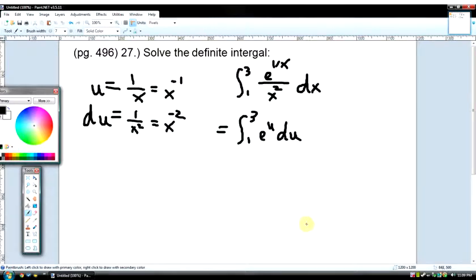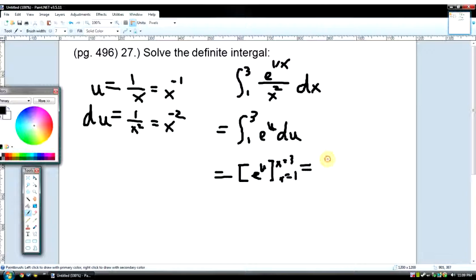We know that the antiderivative. Now we can use our FTC easily, knowing that the antiderivative of e to anything is basically e. So our antiderivative, knowing FTC, is e to u, where x is equal to 3 and x is equal to 1, and now the value between those two x values. Sorry. And now we can plug in u,